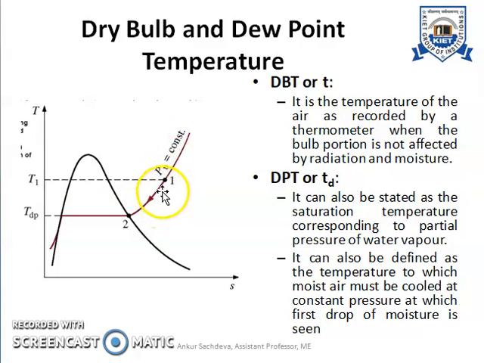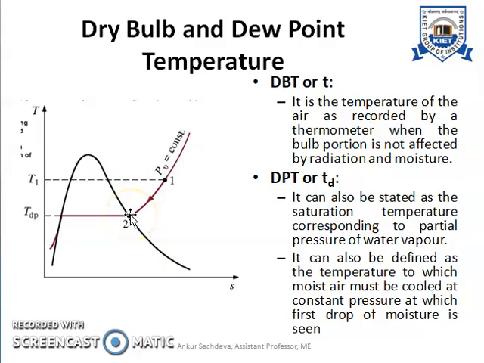So this nature of the constant pressure line is applicable for both heating as well as cooling processes. If you cool the moist air from point number 1 at constant pressure, then the cooling process will follow the line from 1 to 2, as indicated by the arrow. As you move down, the pressure will remain constant. As you reach point number 2, the condition of the saturated vapor is reached.